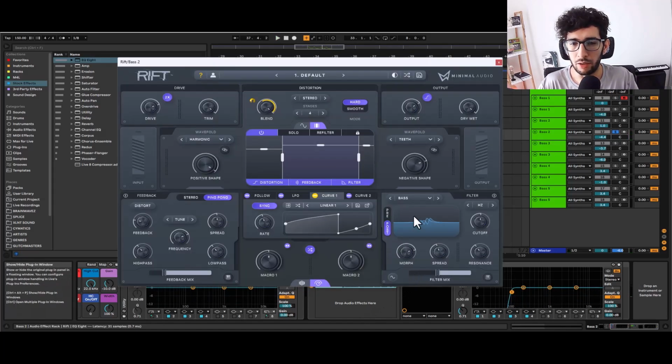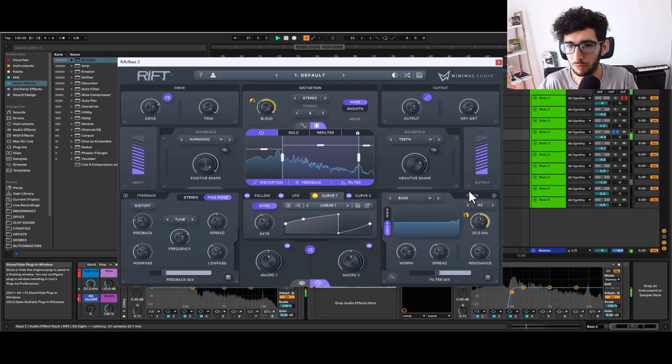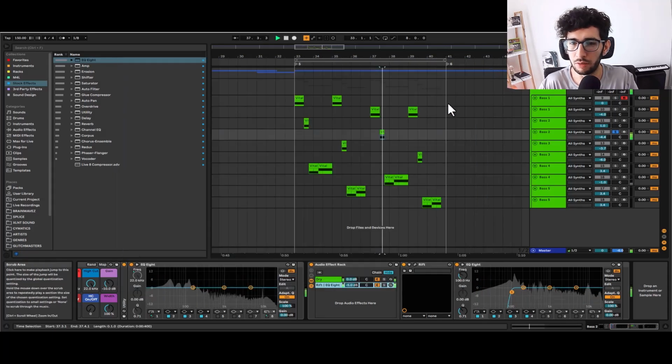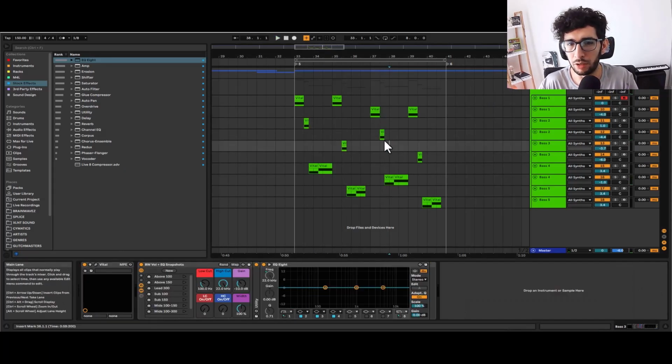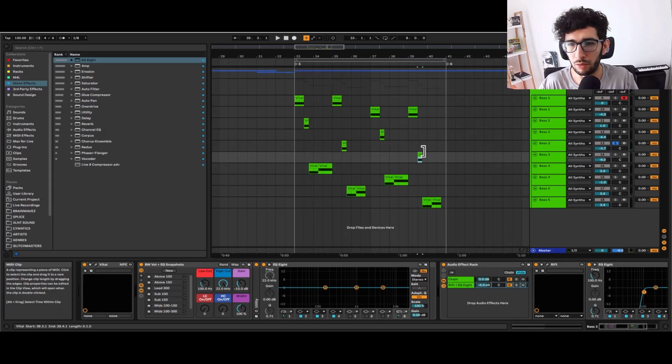I can go ahead and tweak it more. I could do the same thing with the cutoff, see how it sounds. That's kind of nice. So yeah, right now I'm just creating new sounds from messing a little bit with Rift, so it's pretty cool. Now that one, the variation is this one,